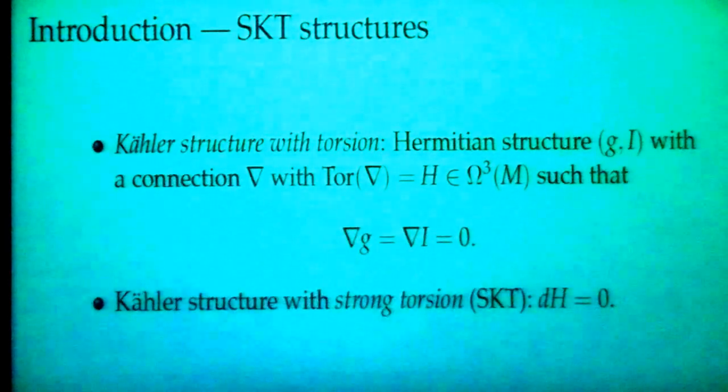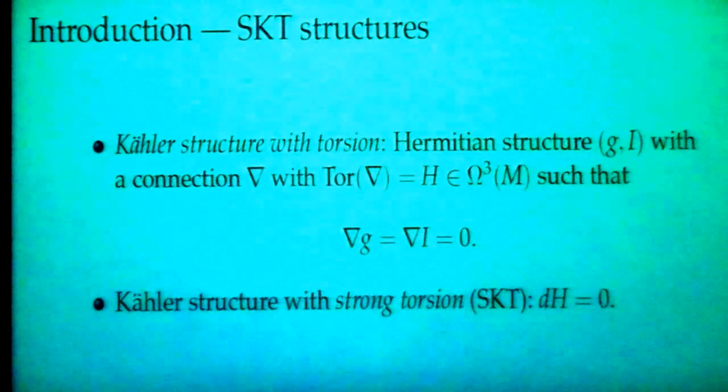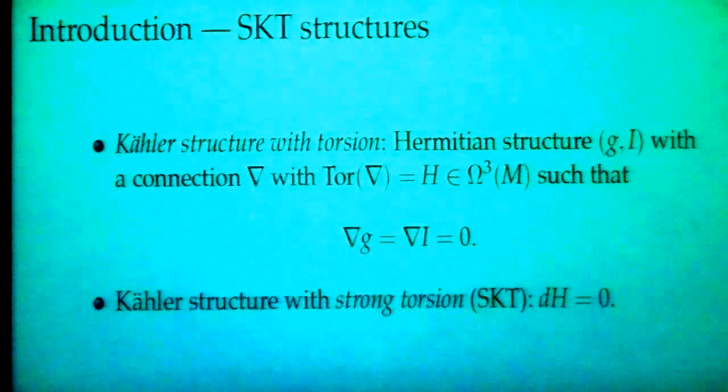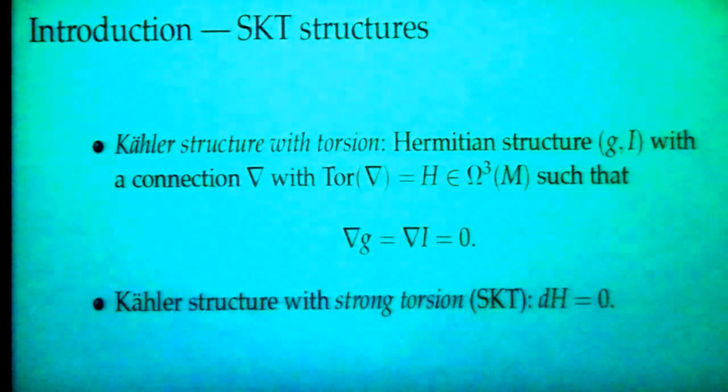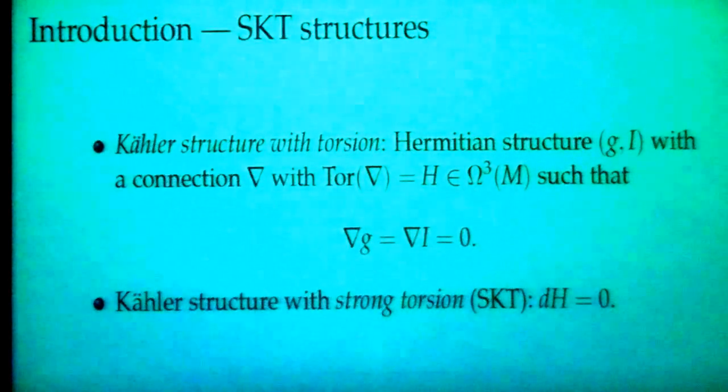Now, the S stands for strong, and it's not really about the Kähler structure being strong, but about the torsion being strong. So most likely it should be KST instead of SKT, but that's how it was named, and I'll keep the name. So a Kähler structure with strong torsion just puts one extra condition on that three-form torsion, that we require